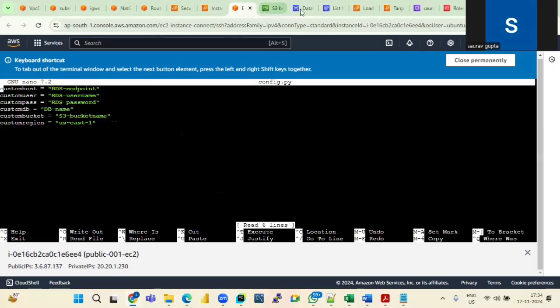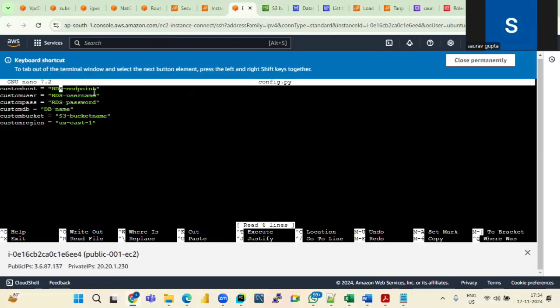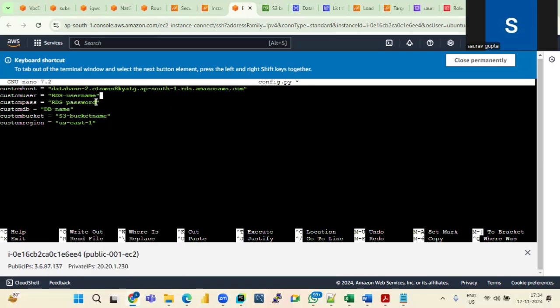right? So here we will write one by one, right? My endpoint is what? My endpoint is this, right? I will try to paste, right? So this is my endpoint. Now my username is what? Admin. Admin. Now my,